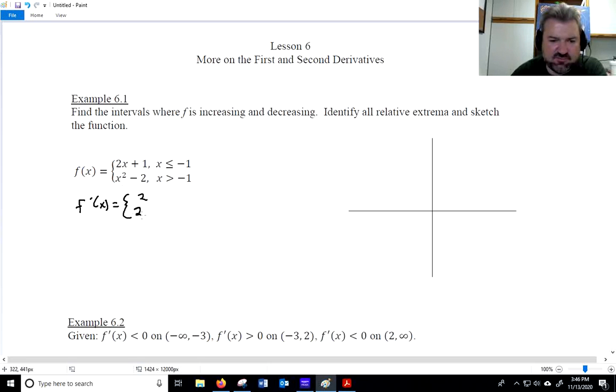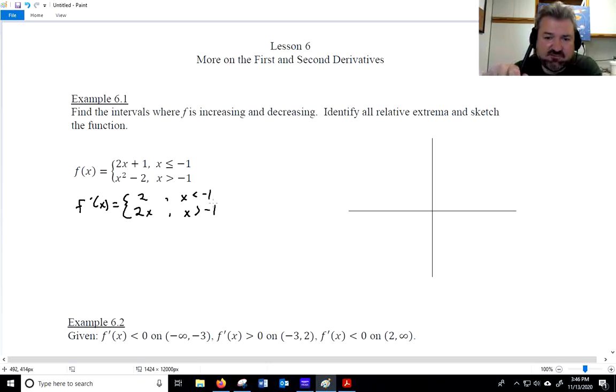is 2x. Now, one of the questions we have to ask ourselves, though, is this still going to be x less than or equal to negative 1? Well, it's definitely true for x less than negative 1. It's definitely true for x greater than negative 1. But remember, the derivative is a limit. So it has to be approaching the same value from the left and the right. So if we look at x equals negative 1,